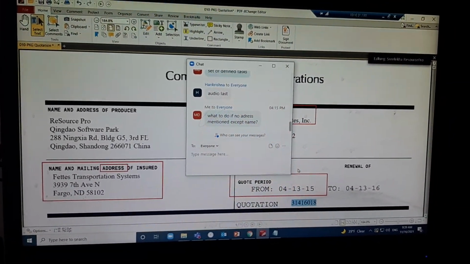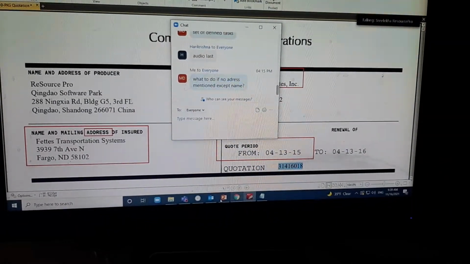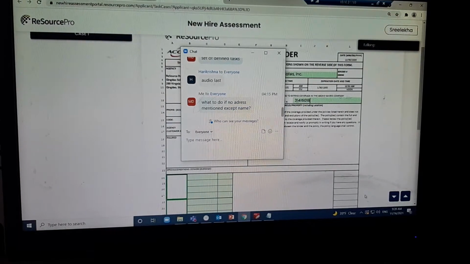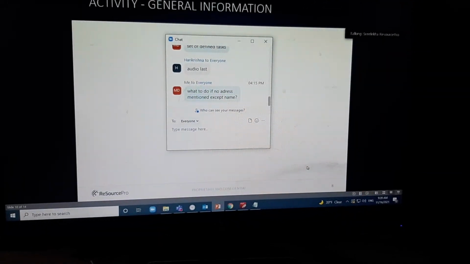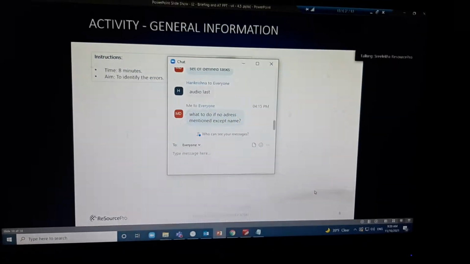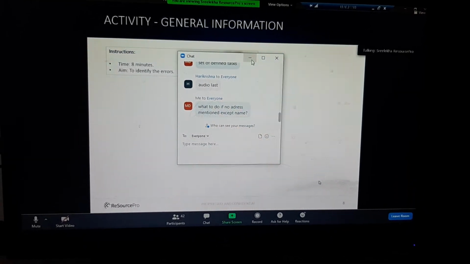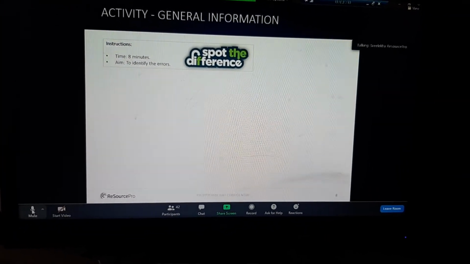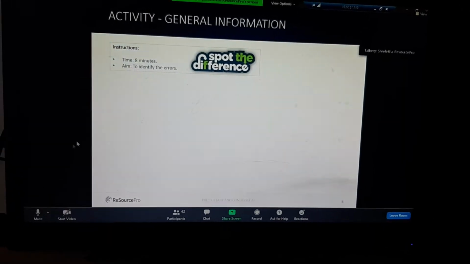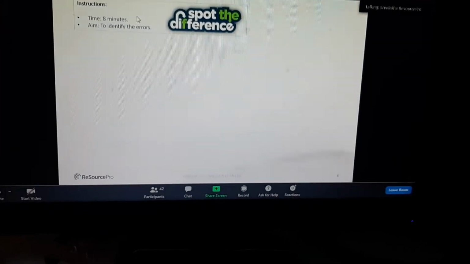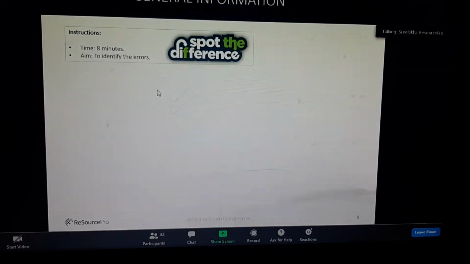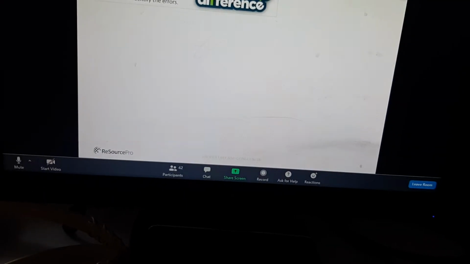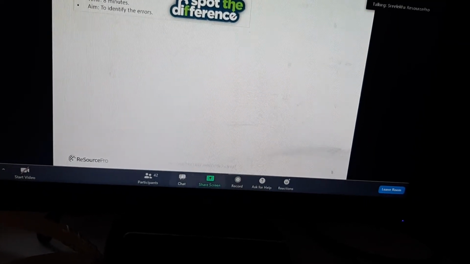So we are having a small activity, guys. We'll just go through that activity. It is the spot-the-difference activity. We played this in our childhood. So now I will be revealing 2 images. What you all have to do is spot the differences between the 2 images. Only the count, guys. If you find 2 differences, just text me 2 differences in the chat box.